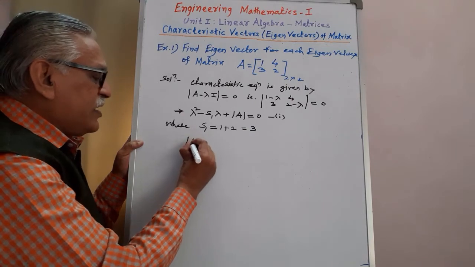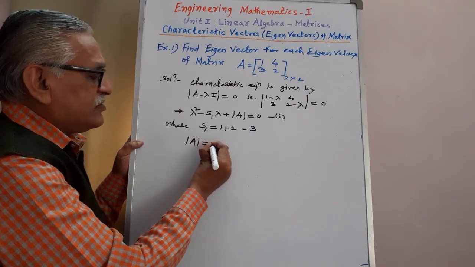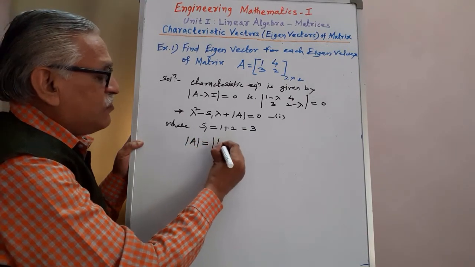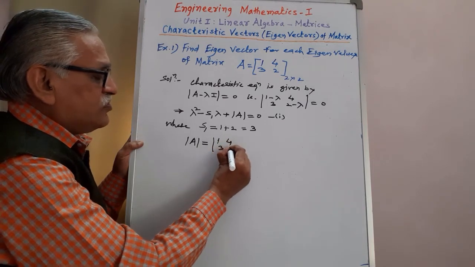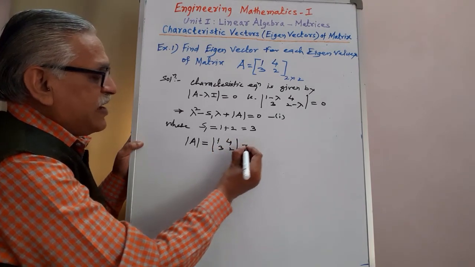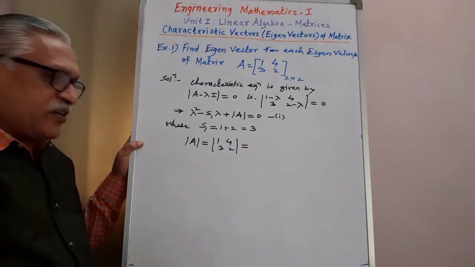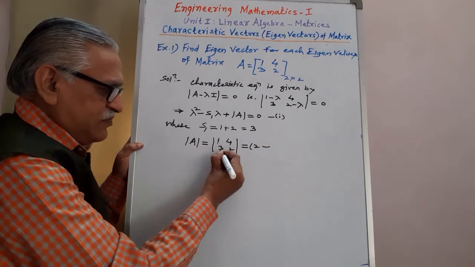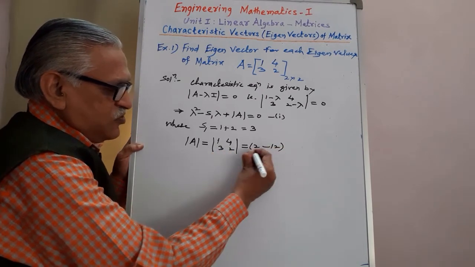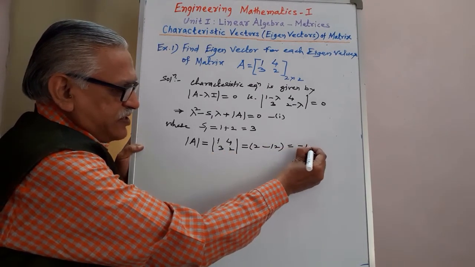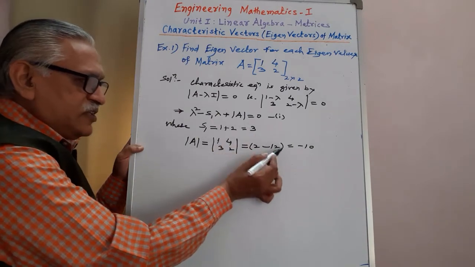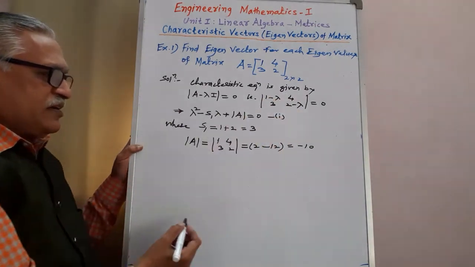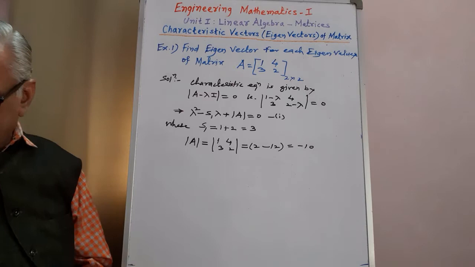Determinant of A is the determinant of 1 4 3 2. By evaluating this second order determinant, we have 1 into 2 as 2, minus 4 into 3 is 12, 2 minus 12 we get minus 10. Substituting these values in equation 1,